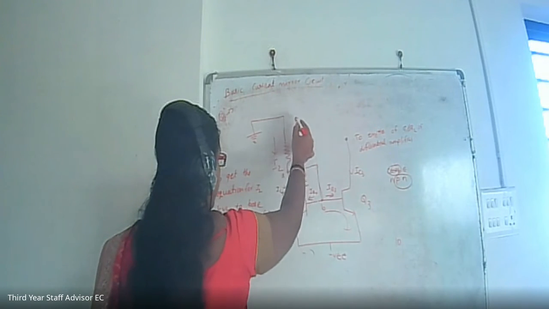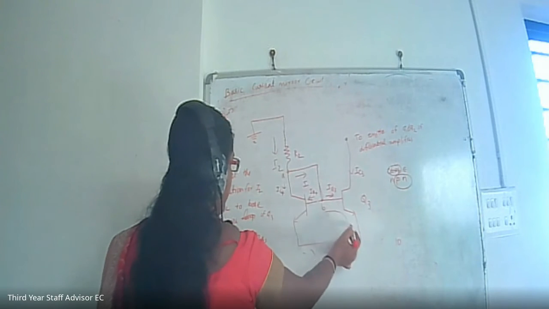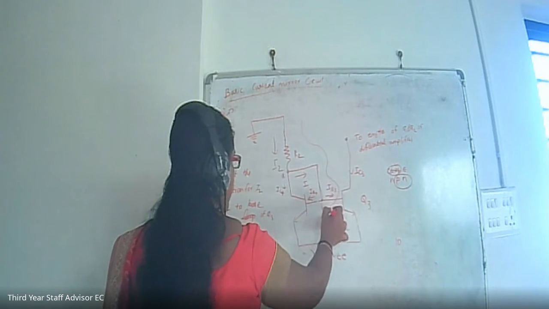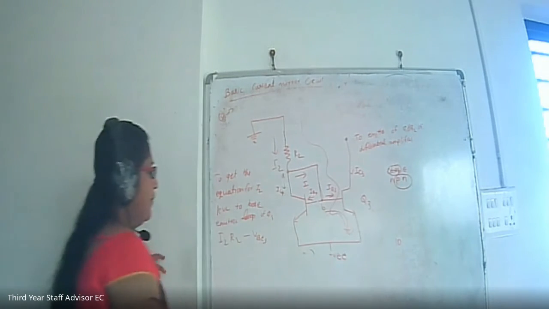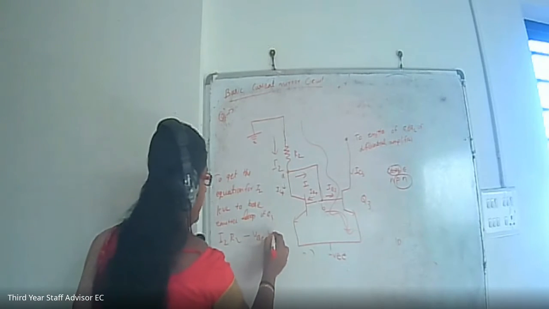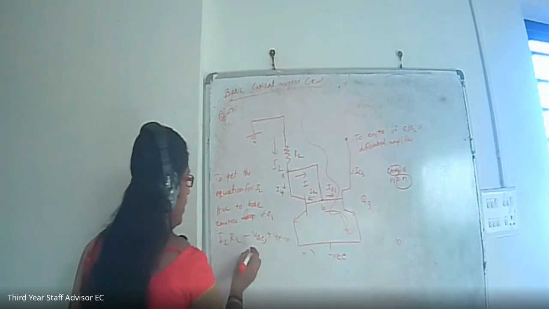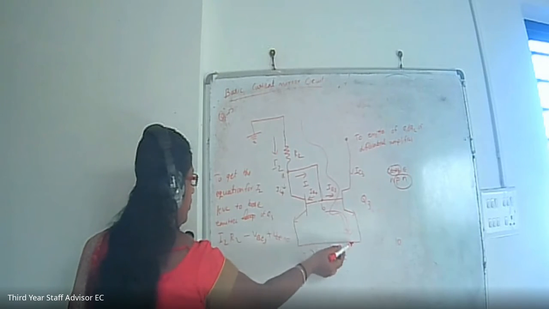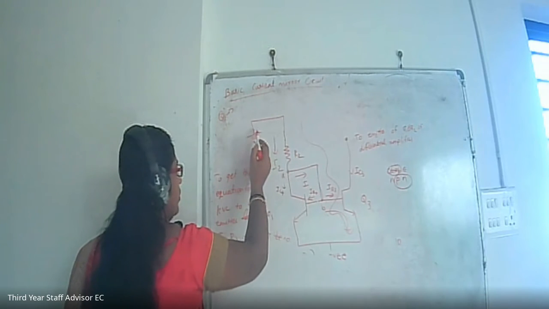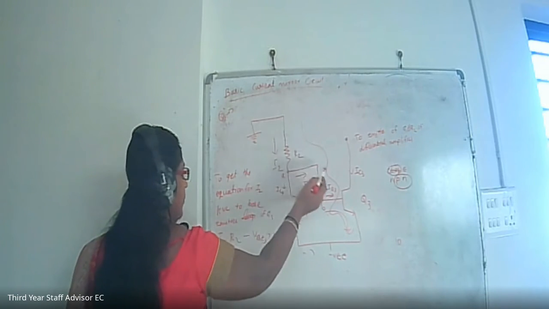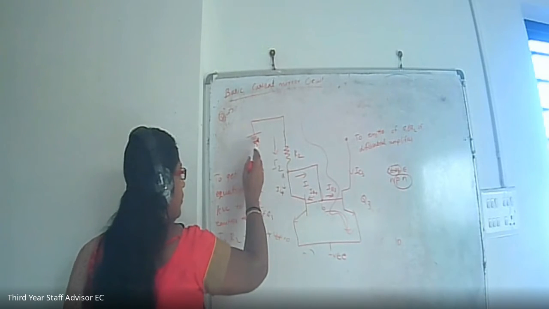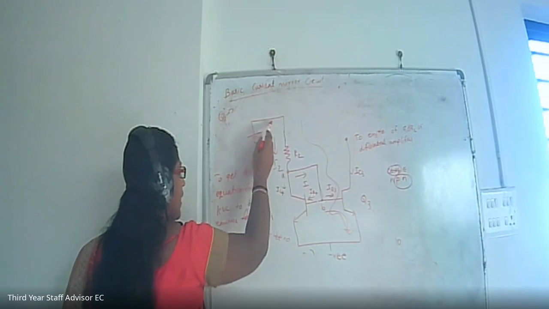You can see here from this base emitter loop, this is the way we are applying KVL. I2 into R2 minus VBE3 plus VEE equals 0. We are applying KVL to the base emitter loop of the transistor Q3, and we have to take the loop. Coming from this source, we have to go to the ground portion. As a result, we are taking the loop like this.